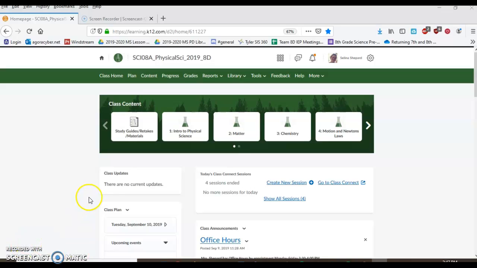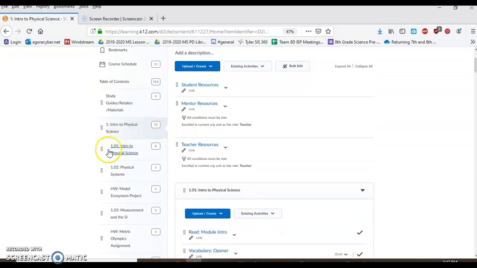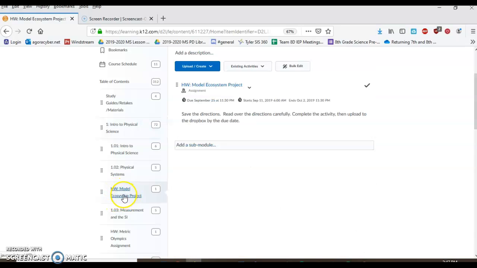And this is a video on the directions for the Model Ecosystem project. So you're going to go into Unit 1, and from there you will see the assignment that you can access. On the left hand side here, Homework Model Ecosystem Project. You click on that